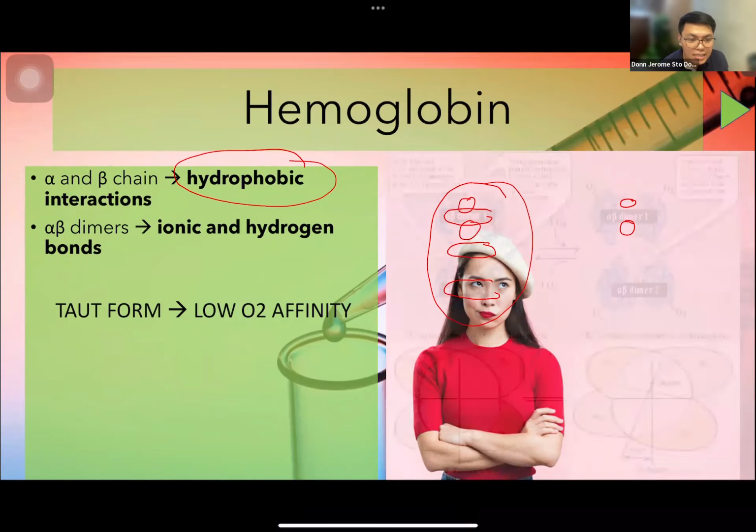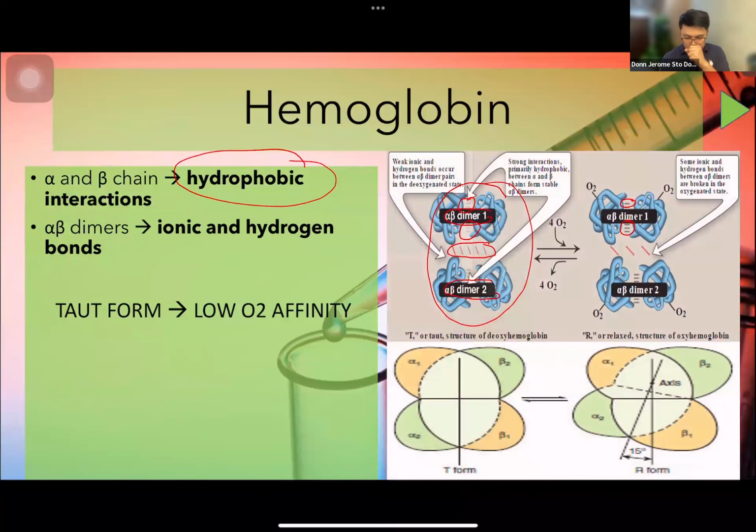Next, in the presence of oxygen, as you can see here, you added oxygen. What did you notice with the polar bonds or the ionic bonds? Did they decrease in number? Yes. Binding of oxygen will dissolve or remove these polar bonds,